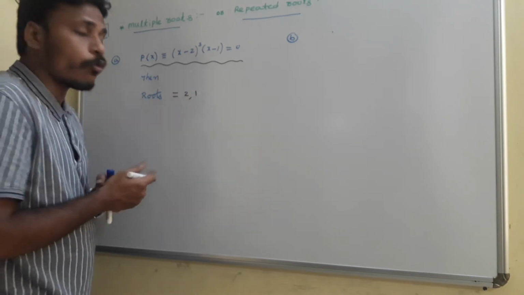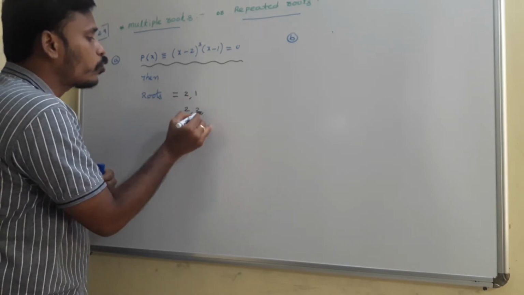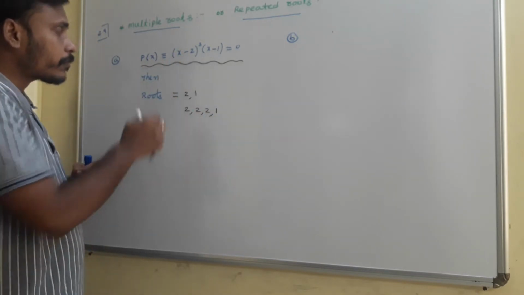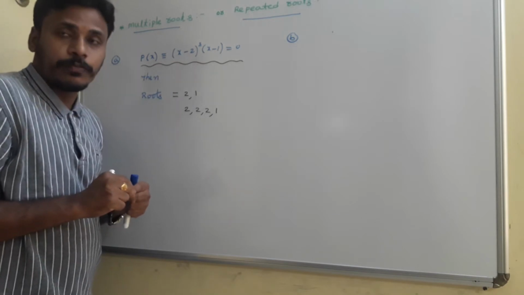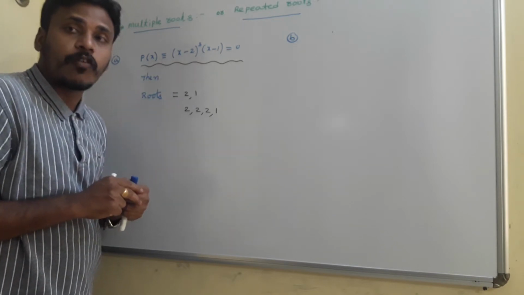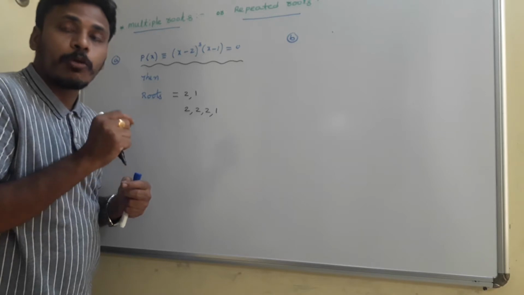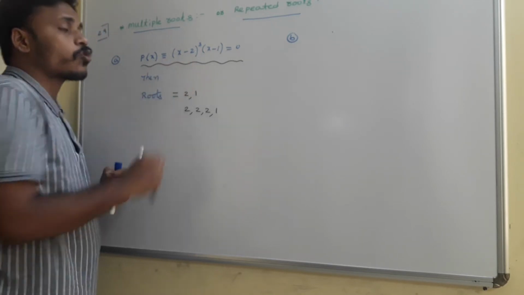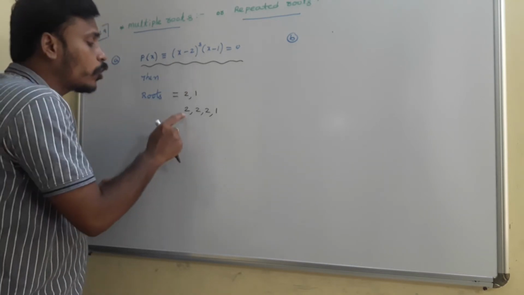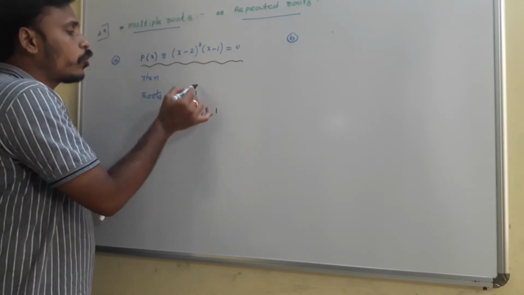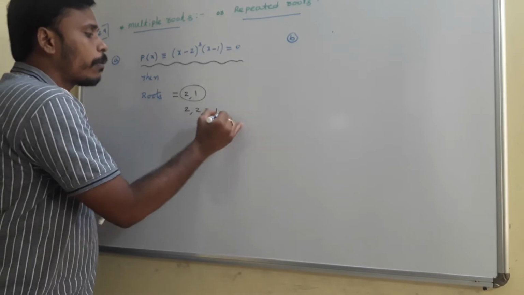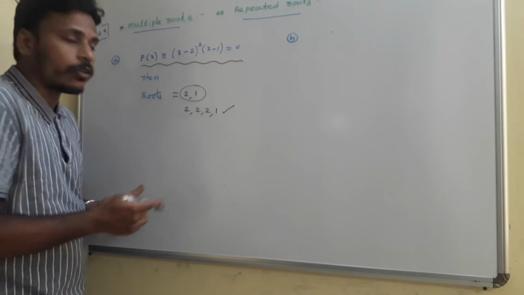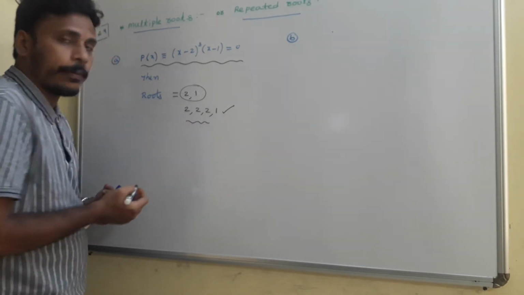In particular, if you mention the roots, they are 2, 2, 2 and 1, because it is (x minus 2) whole cube, right? As per the fundamental theorem of algebra, every polynomial equation of nth degree has n roots, and that's why this (x minus 2) whole cube must have 3 roots, and those 3 roots are the same. So different roots are 2, 1, but actually the list of the roots is 2, 2, 2 and 1. Here when you observe, this 2 is repeating 3 times.